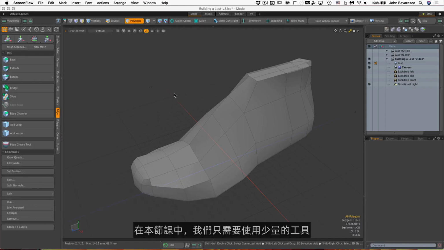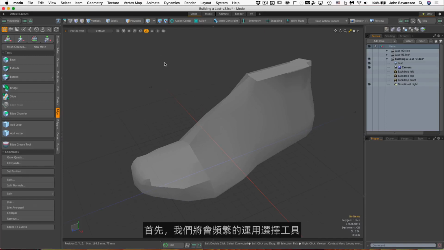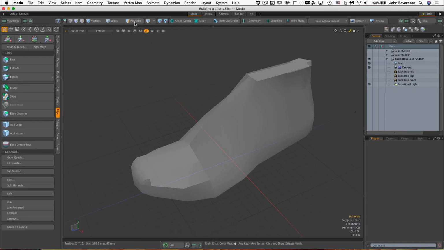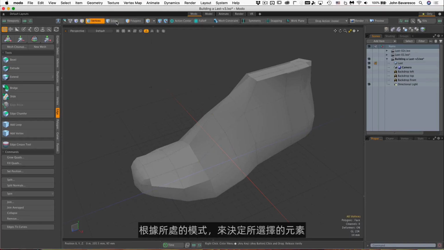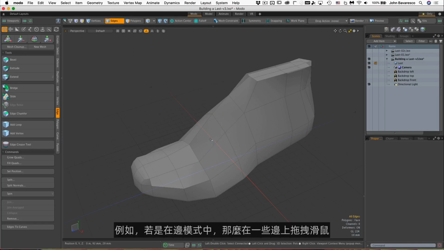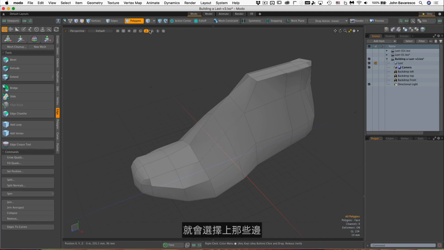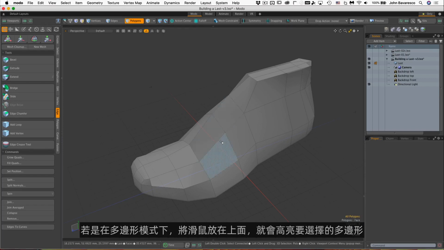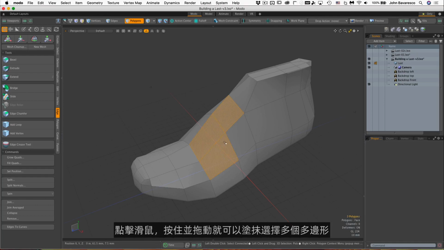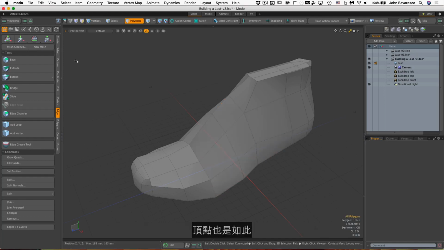In this lesson, we'll only need to use a handful of tools. First off, we'll be using a selection quite a bit. Depending upon what mode you are in will determine what elements you are selecting. If I'm in edges, for example, and I mouse and drag over some edges, that selects those edges, of course. If I'm in polygon mode and I mouse over, it pre-highlights the polygons that I want to select. Just click the mouse and hold and drag the mouse around to paint select multiple polygons, and the same with